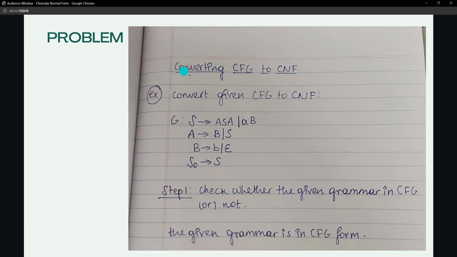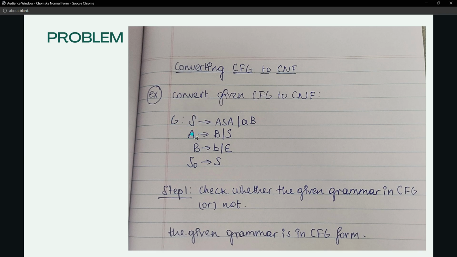So here we come to a problem that we're going to discuss in this section. First of all, I have to convert this context-free grammar to CNF form. So let's go through the question that we have got here. Here I'm going to convert this grammar, which gives S,